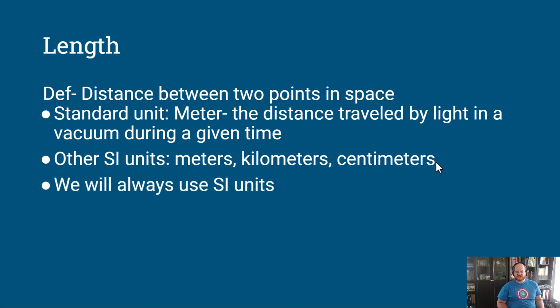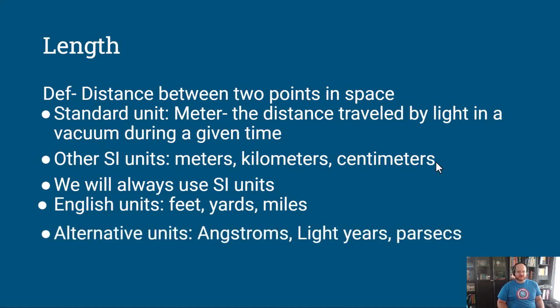Now we will always use the SI units. Now the English units that many in the United States are more used to: feet, yards, miles, and so forth. There are some alternative units you may have heard of in other situations, such as angstroms, which is on the order of the size of atoms, so very small distances, while light years and parsecs